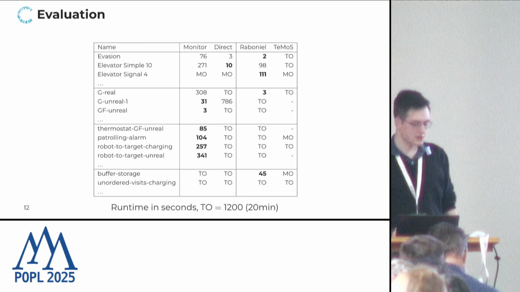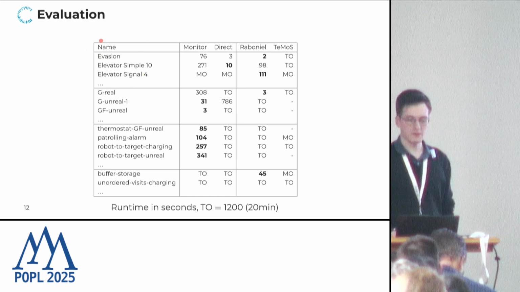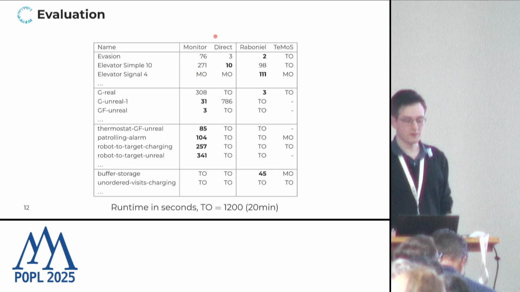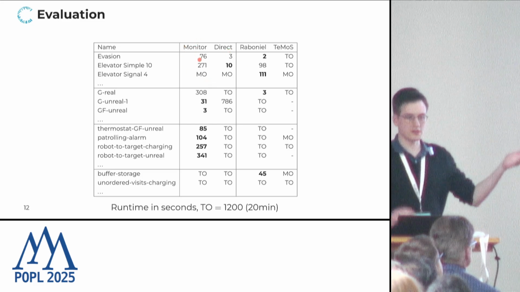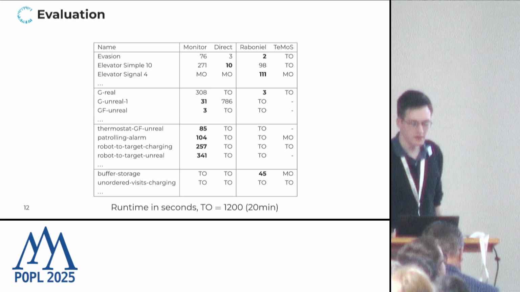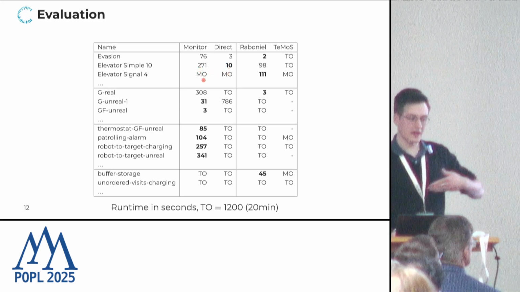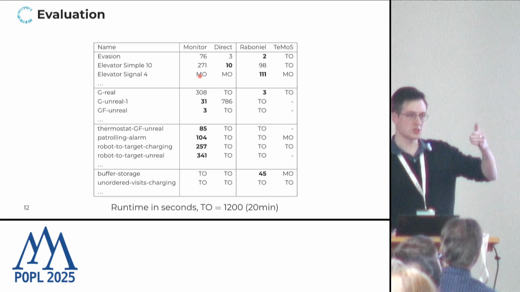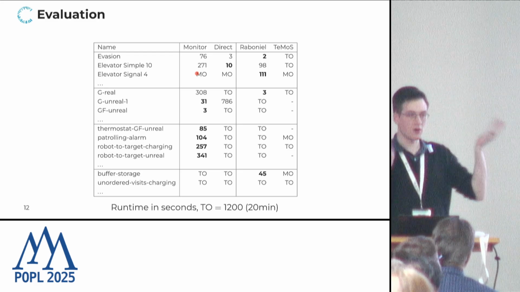Okay, so this is an excerpt from our evaluation table. Here we have the literature benchmarks. As you can see, usually this monitor approach adds an overhead over the direct translation in these cases, right? Because you have to construct it, you have to build a product. It might make things even a bit larger in some sense. Also, in some cases this can fail, because the propositional translation from LTL to automata might make the symbolic game just too big.